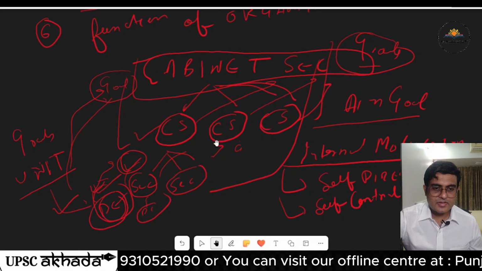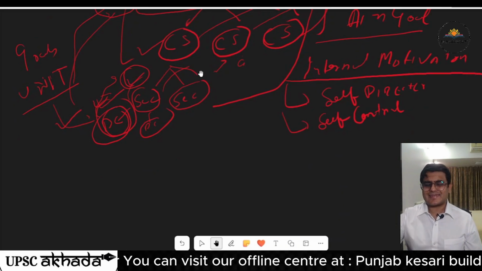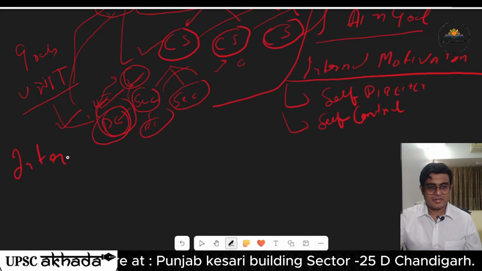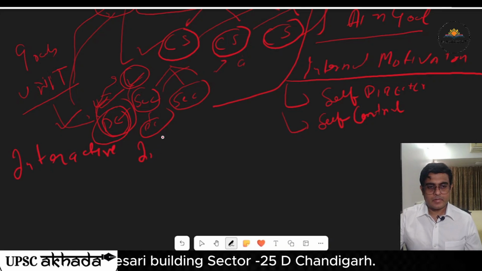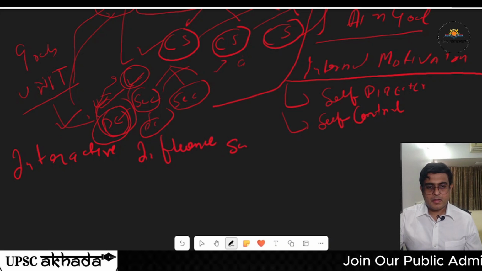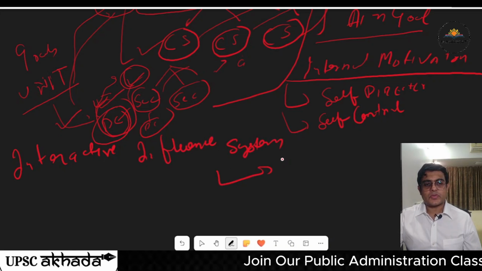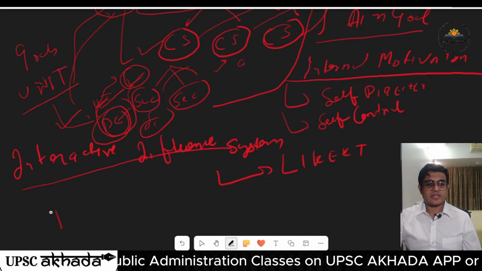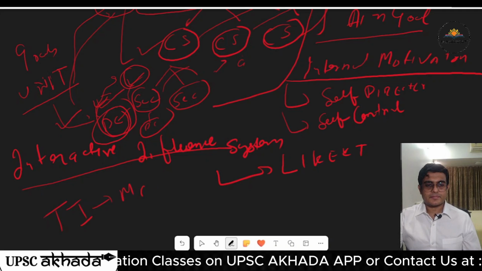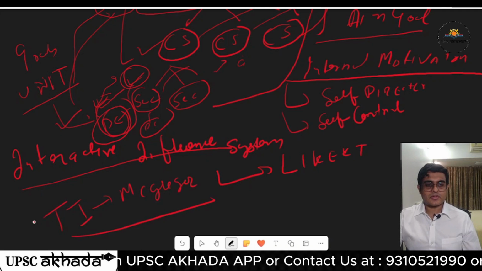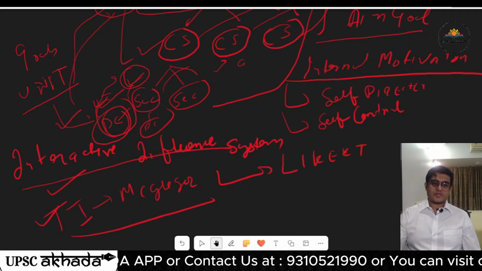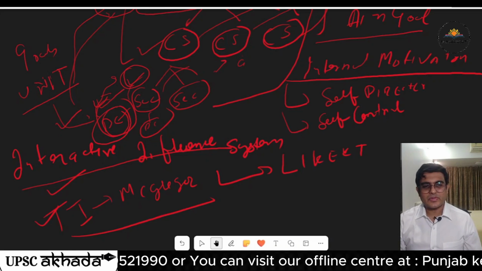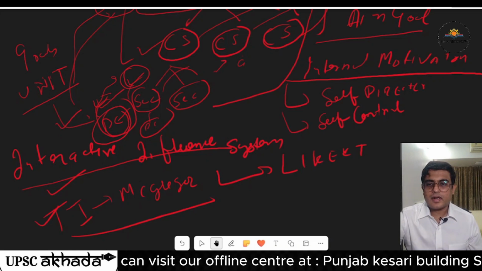Okay, so this is largely what is management by objectives. It is similar to other things already known in public administration, like the interactive influence system, which was given by Likert. And the transactional influence given by McGregor. It is similar to this only. So this is largely what management by objectives is: participation, motivation, self-direction, self-control, and goals for the unit which are then approved by the higher level